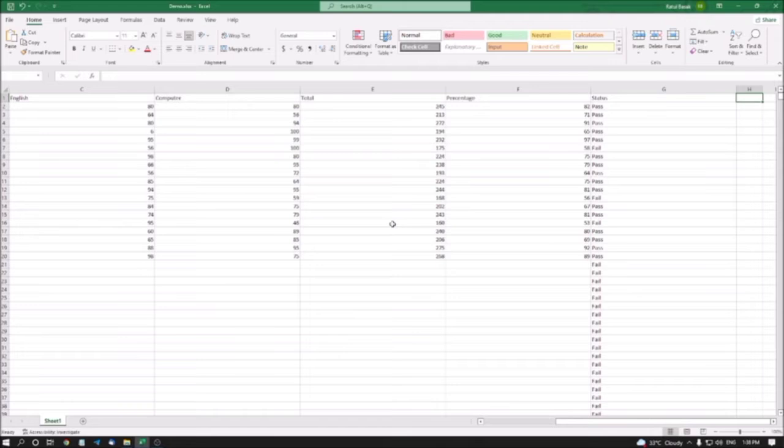So let me go to the blank cell, H1. This is the blank cell. Here, as a column header, I am typing Grade. I am pressing Enter to move my focus to the next row, H2. Now I want to tell Excel that the student who earned 80 or above marks gets